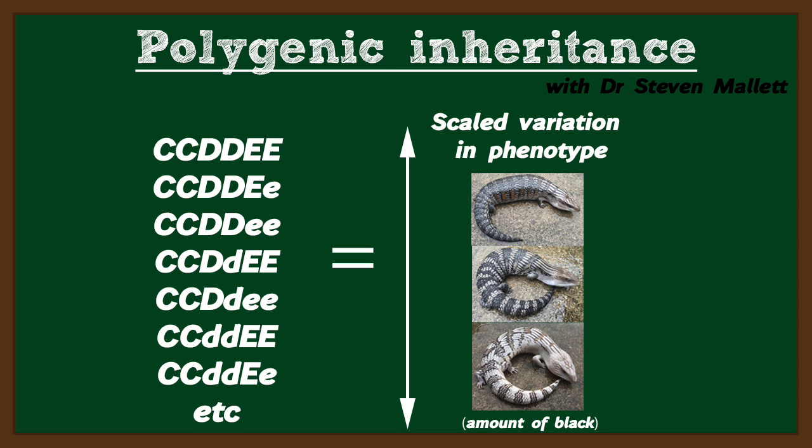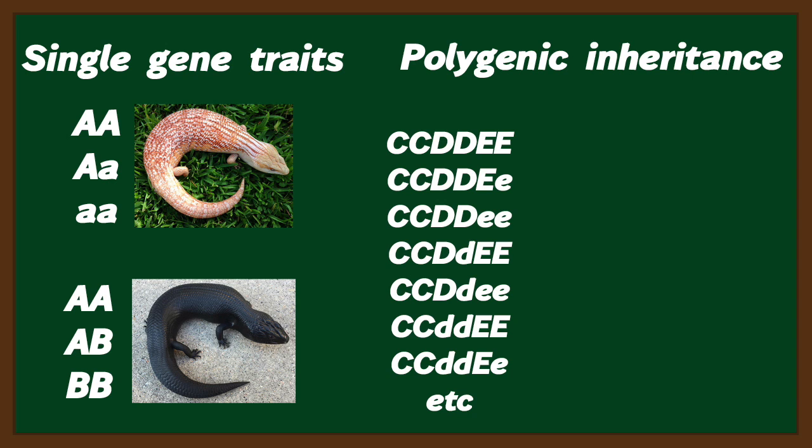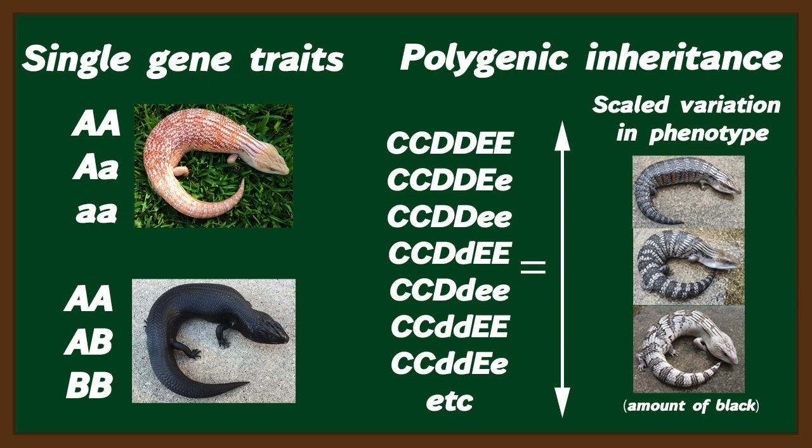Today I'm going to discuss polygenic inheritance and traits. We have previously discussed traits which are passed on to offspring by a single gene and their variants called alleles. Polygenic inheritance describes a mode of inheritance where the combination of multiple different genes affect the outcome of a single trait. These traits often have scaled variation and are not simply either present or absent,